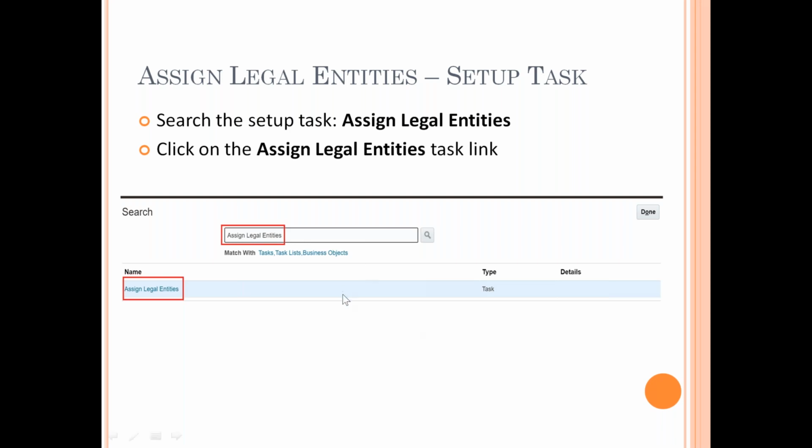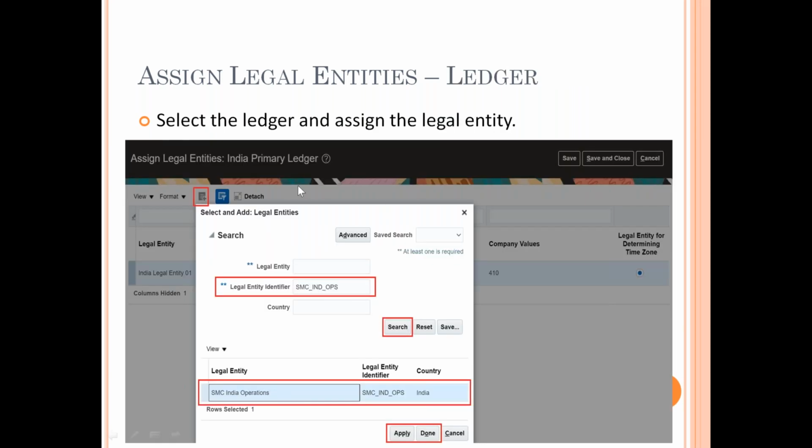So you can always do it from the offering section. Once you land in this with the proper ledger context, the context of the ledger has to be correct. You click on this plus. Once you click on this plus, it pops up this window where you can select the identifier, you can select the legal entity, you search, and you can assign it. Are you with me, Anup?